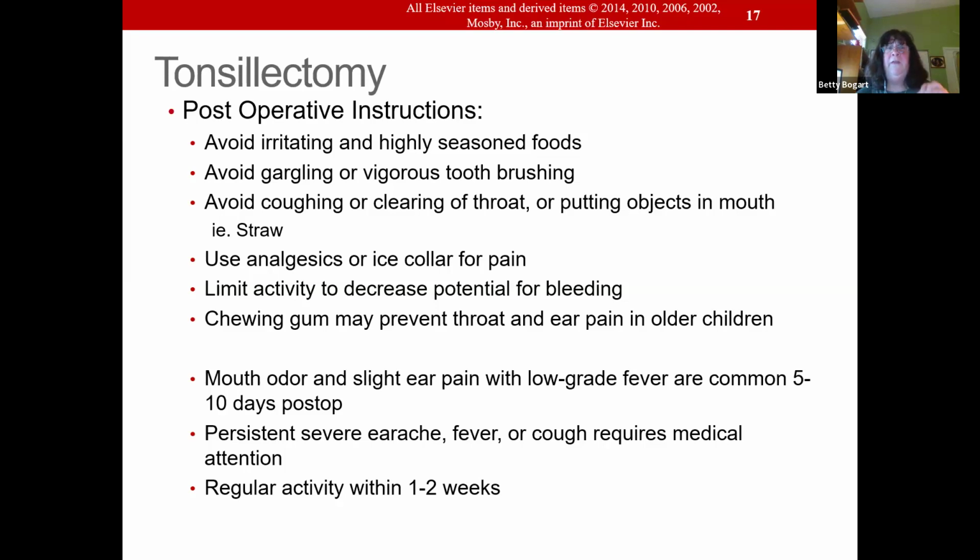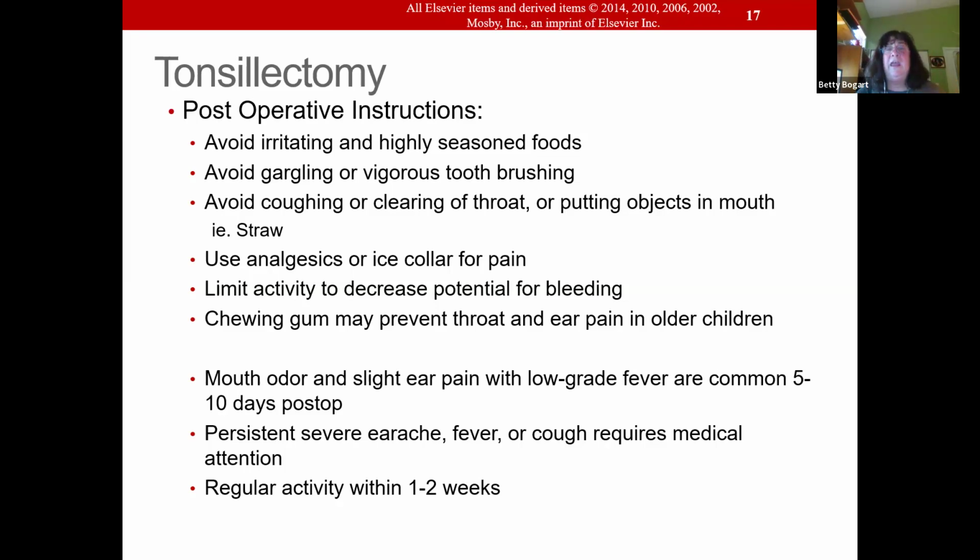Now, one of the things that we do for care is we just give them acetaminophen, and it works. Years ago, we gave them hydrocodone, but we found out kids were overdosing on it because they've never had it before. And they're going home on this liquid medicine. And parents are like, well, it'll hurt. We'll just give them more. Well, more is not always better, right? Keep them quiet so that they don't bleed.